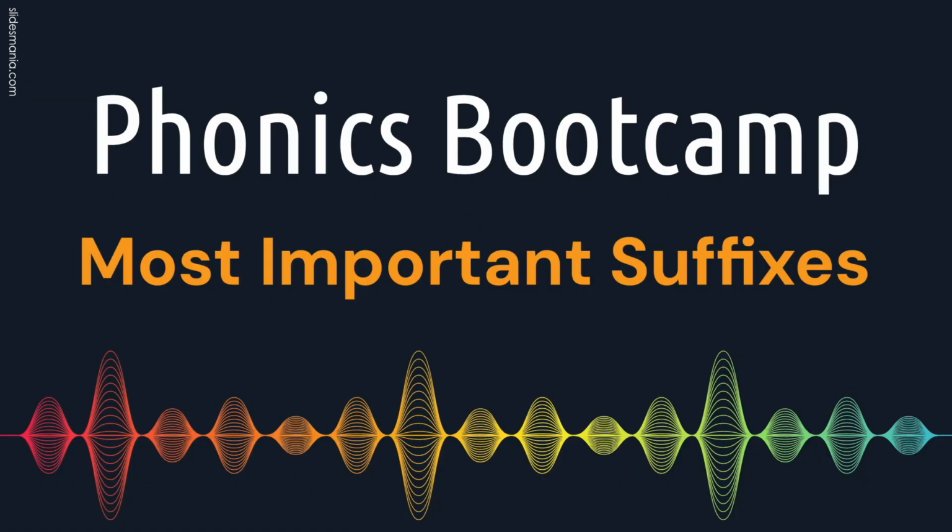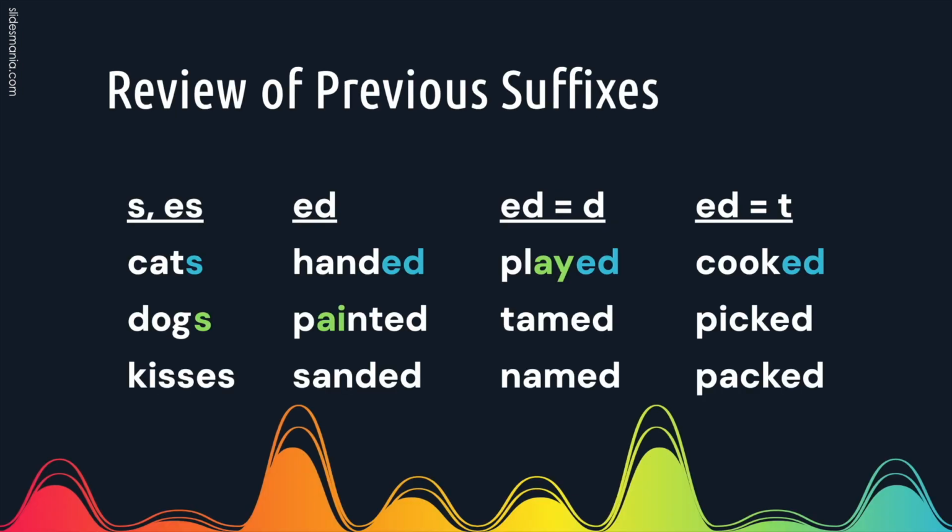We're going to learn about the most important English suffixes. The most basic suffix is simply to add an S or ES to make something plural. S can have two sounds. It can be the sound of S, like in cats, or it can take on the Z sound, like in